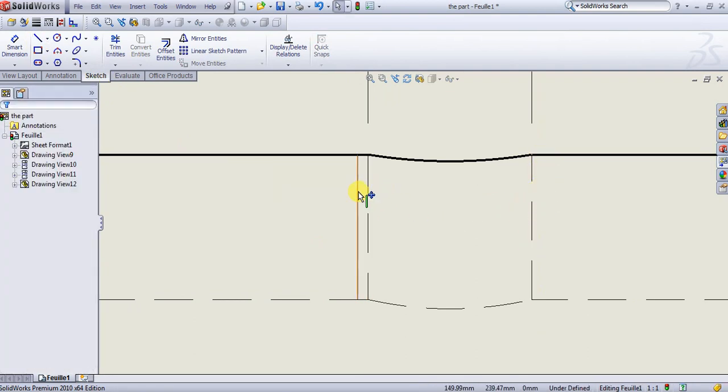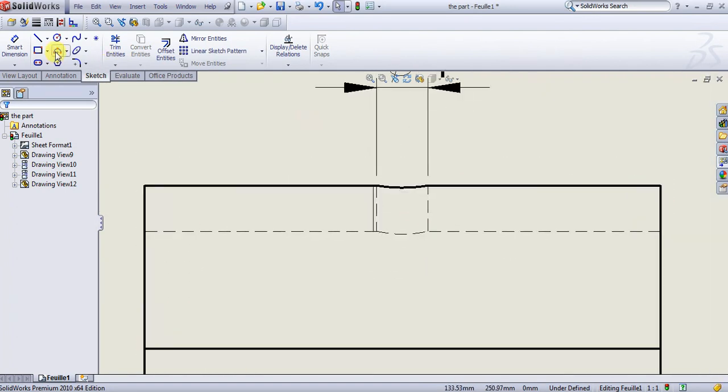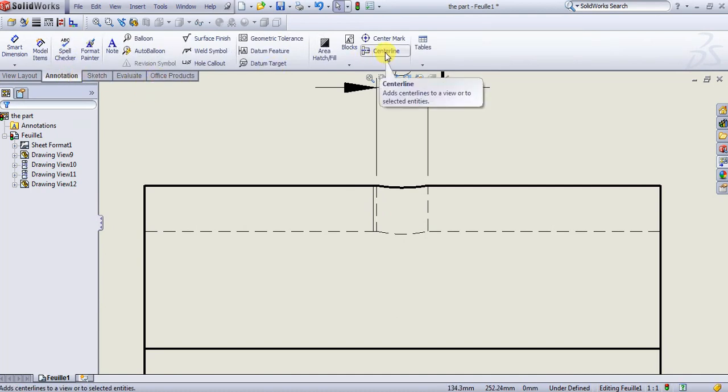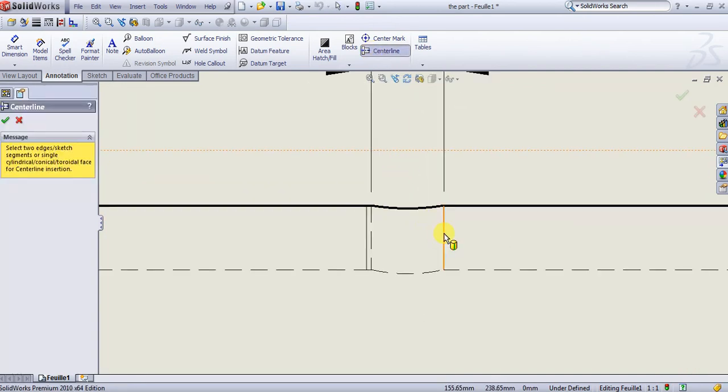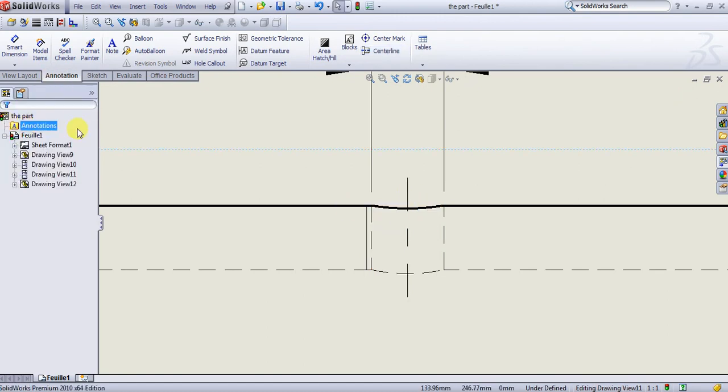Or if you are afraid of not getting it in the center, you just go here in annotation and select center line for cylindrical entities. And I select here, and there is a center line exactly on the center,